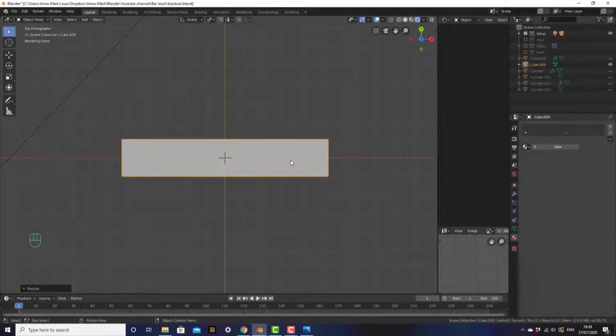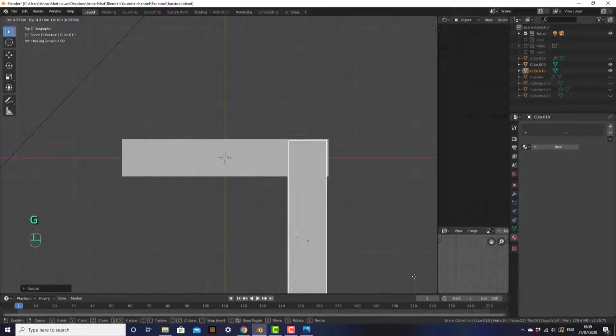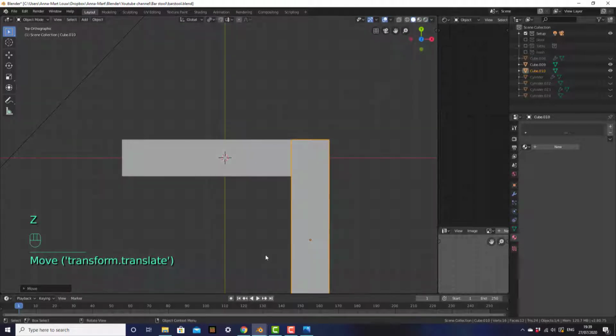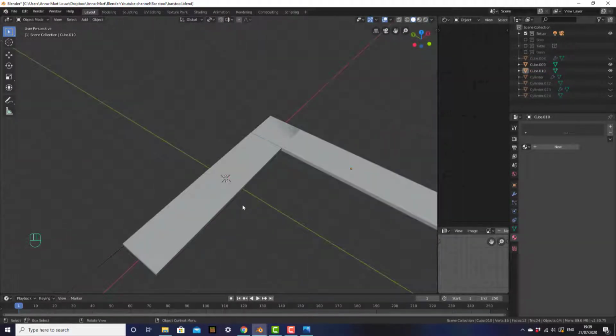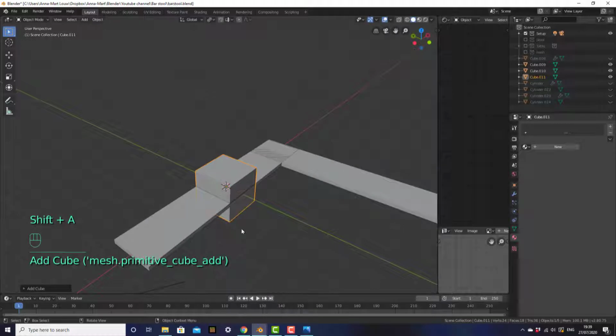Then I want to duplicate this with Shift D, rotate it 90 degrees and move it until it meets the edge of this one. Let me just go out of rendered view. Then I want to add a wall that's at the edge of this bar table. So Shift A, Mesh, Cube, and this time I want to scale it down on the Y-axis. So SY,